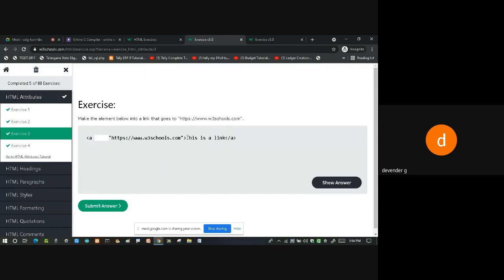A is the tag which is going to hyperlink or link that particular website. The message is displayed on the screen as a link, but whenever I click on this particular word, it is going to open this website. To open this website, I am missing some attribute. Now what is that missing attribute? It is href, hyperlink reference.